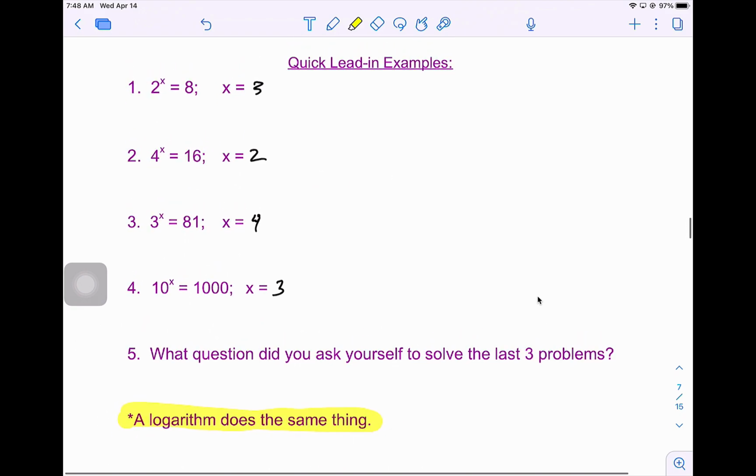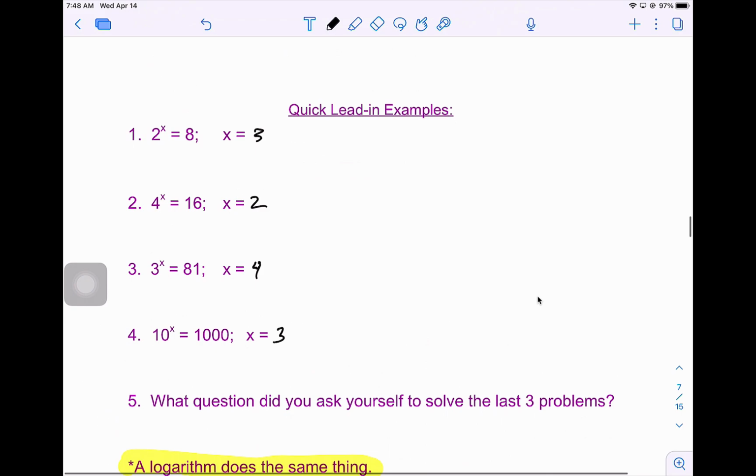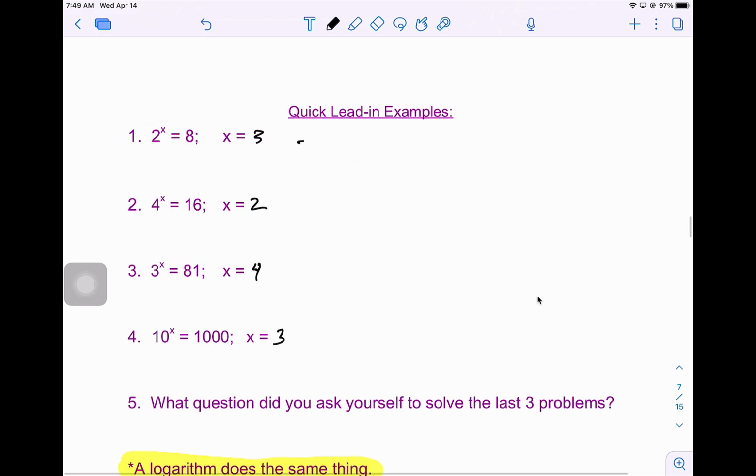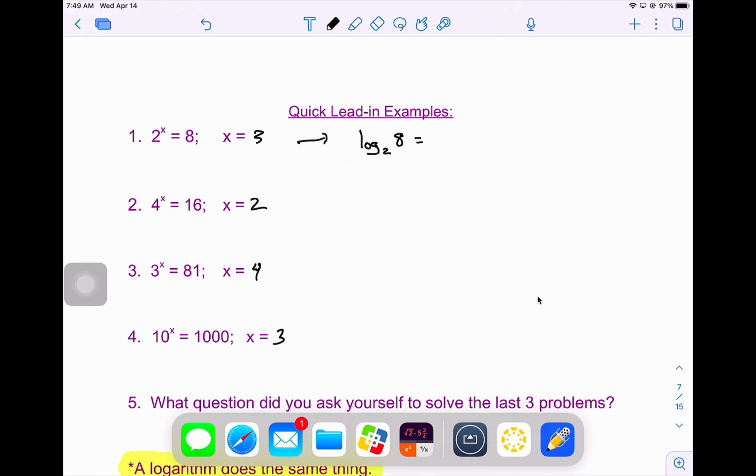Okay? Here's what we're going to take a look at. I'm going to do this a little bit differently than what I was talking about. If I go back to problem number 1, we're going to add in a calculator here in a second. Let's say I rewrite that and I take a look at this as the log base 2 of 8. Okay, notice the 2 and the 8, they're still in there. And if now I bring up the calculator,